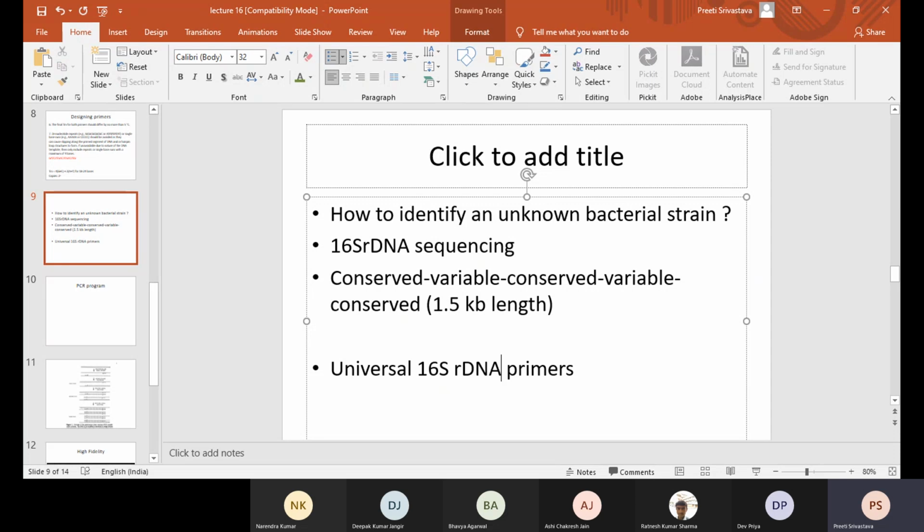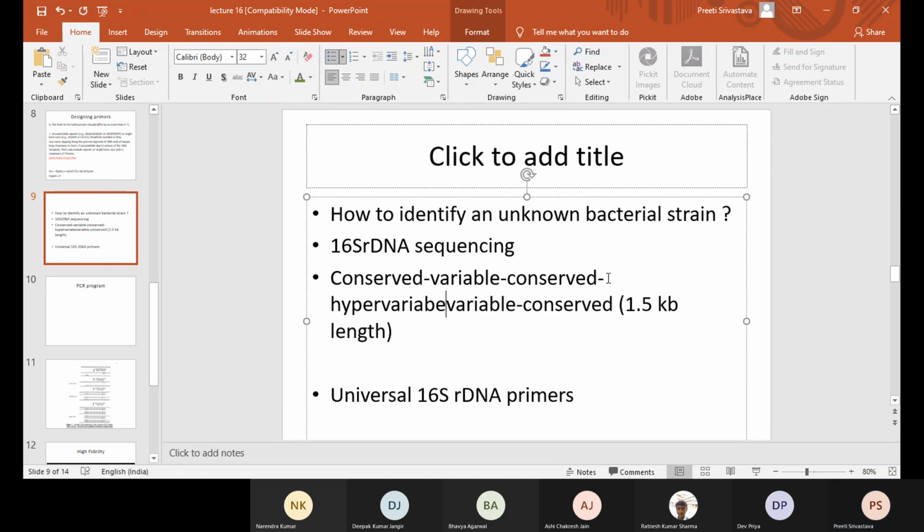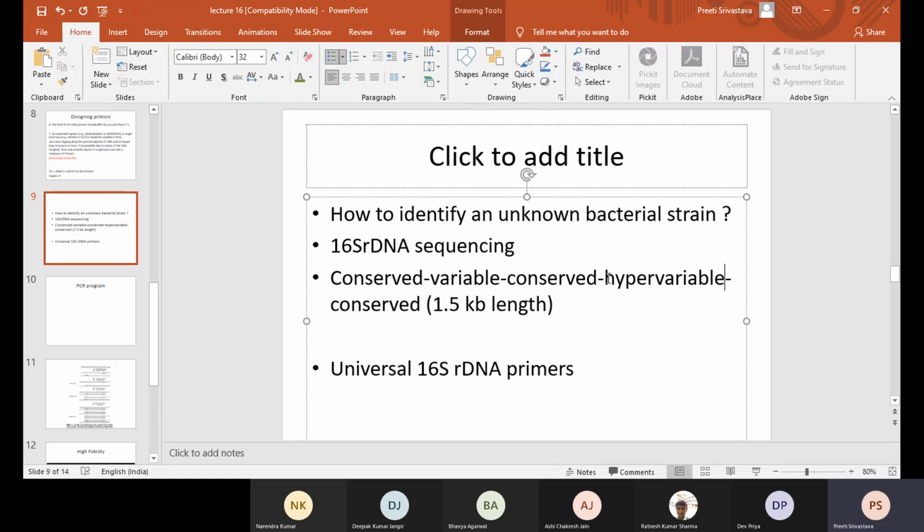So in this case, you can use the primer which is designed specific to the conserved region, and then you do PCR, and then you can go ahead for sequencing, which we'll be discussing in the later classes, and thereby you will know the region which is called the variable region. In fact, you have a mix of variable and hyper variable regions throughout, right? And therefore, even though sequence information is not there, we can determine the sequence. Is it clear, class? Yes, ma'am.